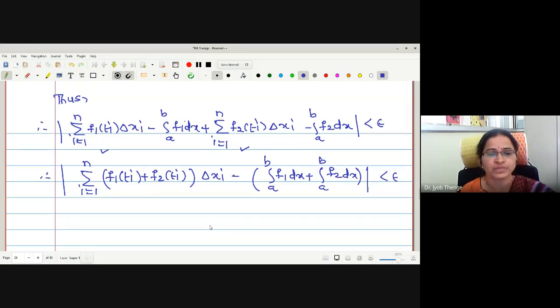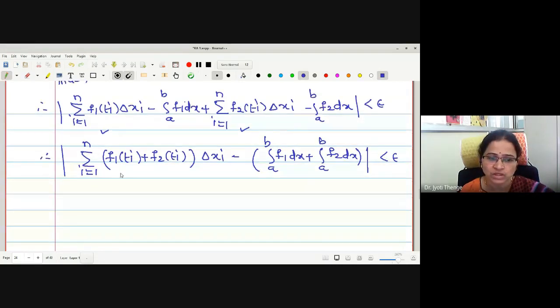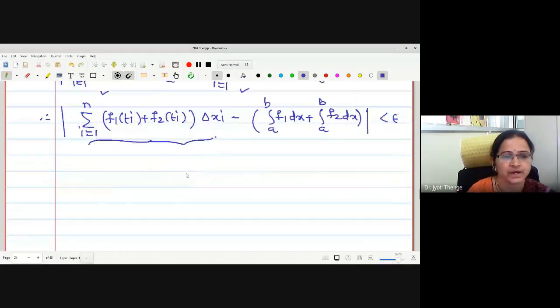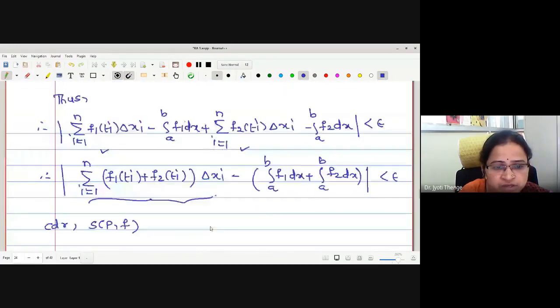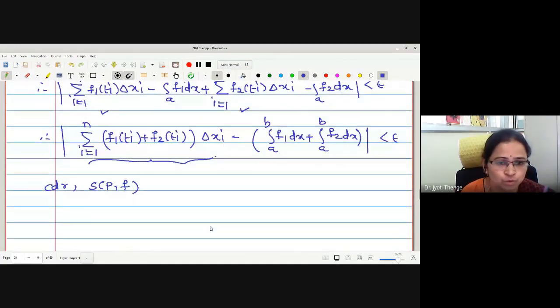Now we want to look at this. What is this term going to generate? This we want to identify. For this, let me consider SPF. What is f given to us? Let me first write the proof only for addition. Similarly, we can write for the difference. Therefore, let me start with SPF, f taken to be the addition of two functions.